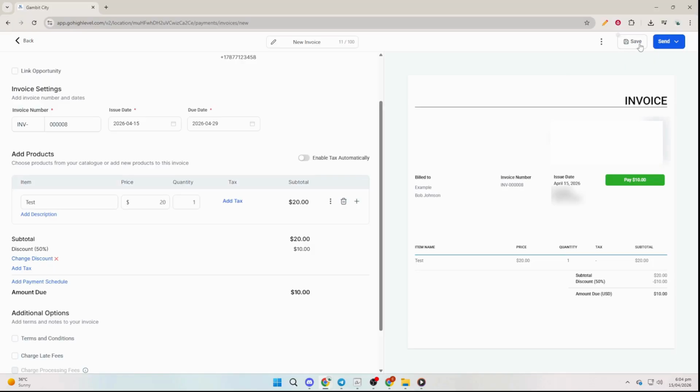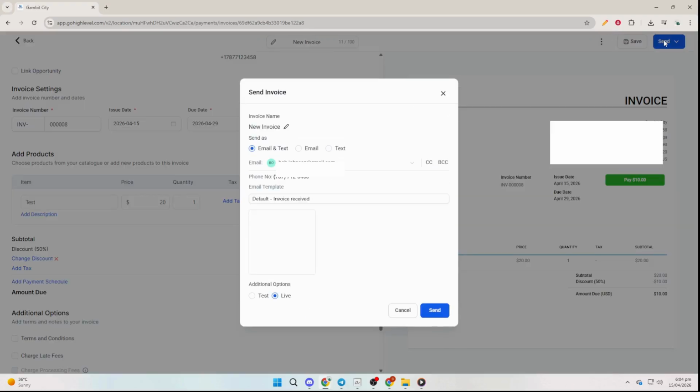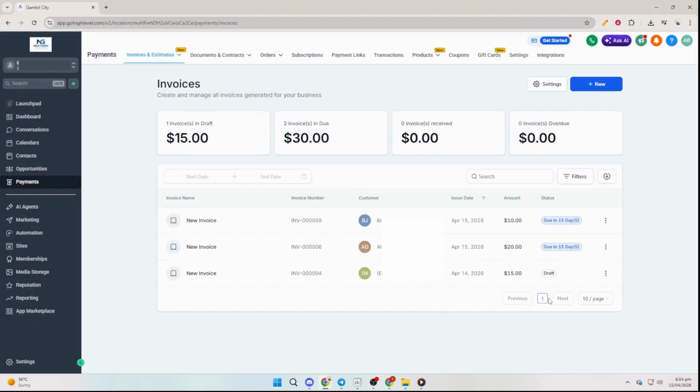In the top right corner, click Save to keep the invoice as a draft if you want to review it later, or get internal approval. If you're ready to go, click Send to deliver the invoice immediately. After you click Send, the invoice is emailed to your customer, and they'll receive a secure payment link to complete